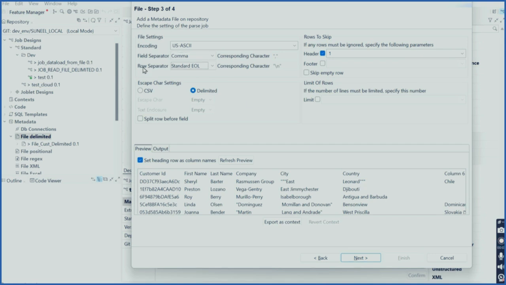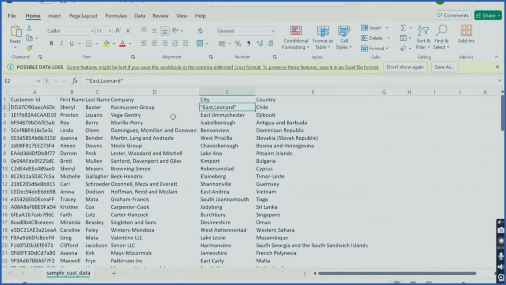We need to fix this with the help of the CSV options, and that is the escape character. Just click this CSV. Now what is the escape character? Let me show you, let's say this one. Anything followed by the backslash, and what follows the backslash here is this one, the quote, right? So now when it sees the double quote here,